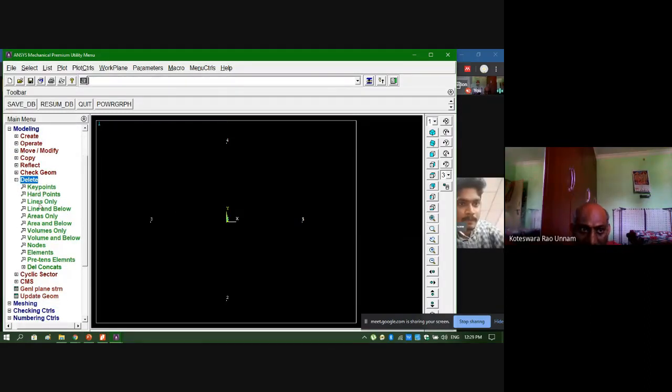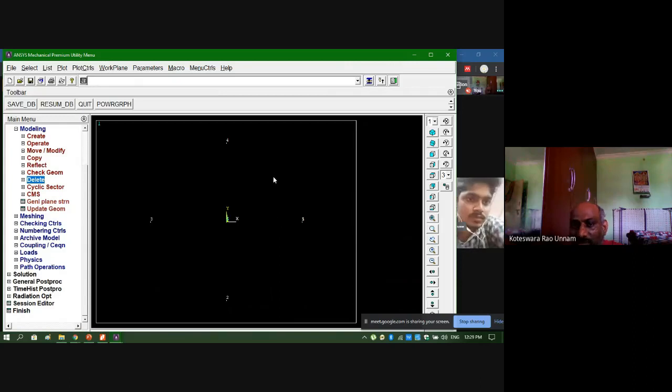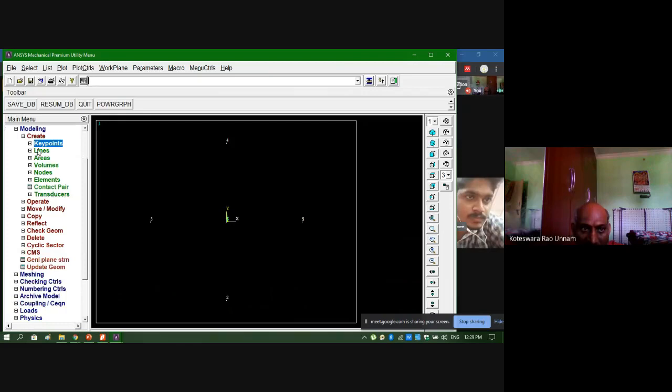If you want to create lines and below areas like this, you have to use the particular delete command. Okay, sir. So right now I created 5 key points or 6 key points properly only, no need to delete anything. Then I'll move on to creation of that arcs. So arc will be under these lines, creation of lines.